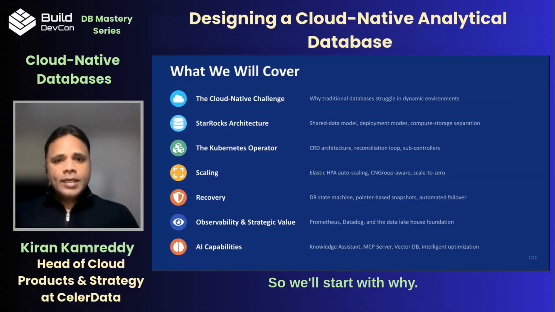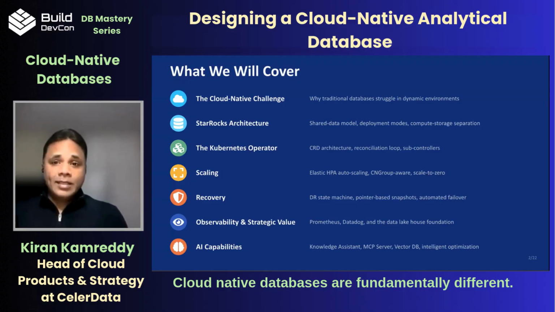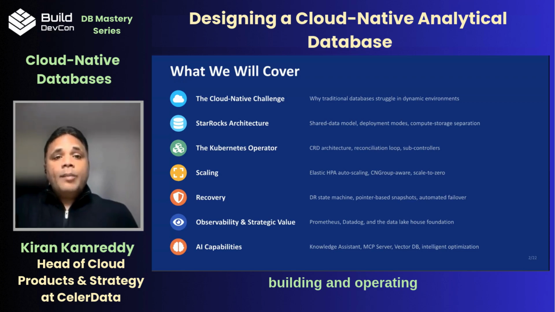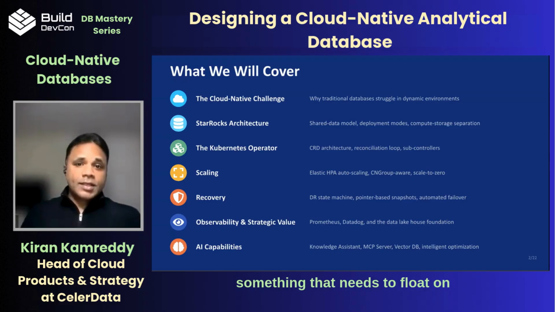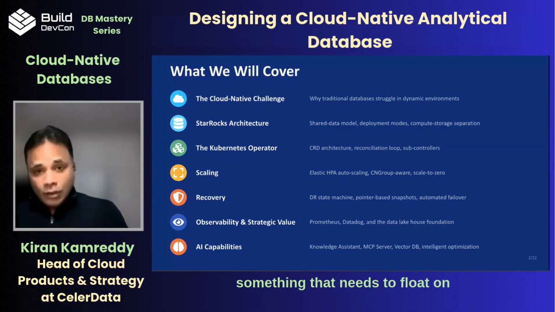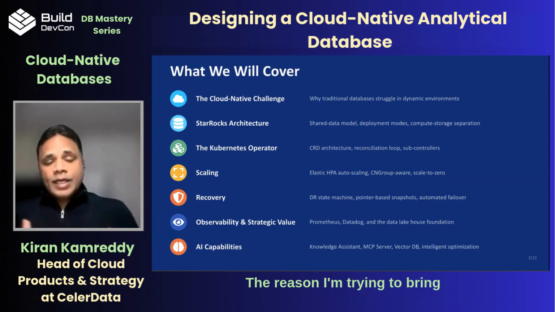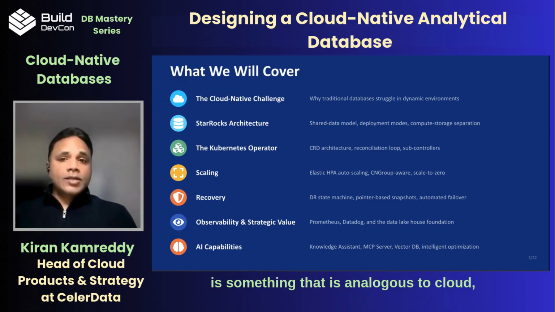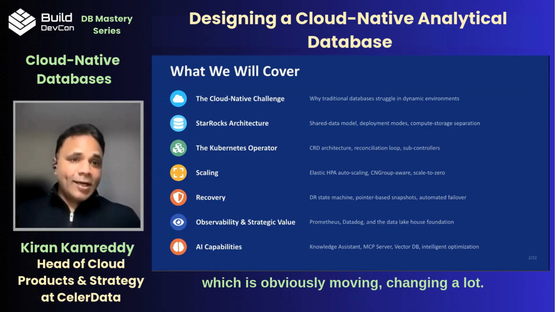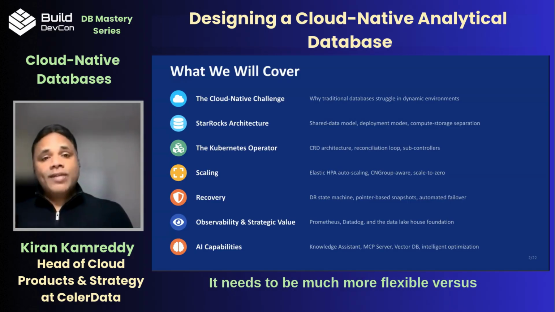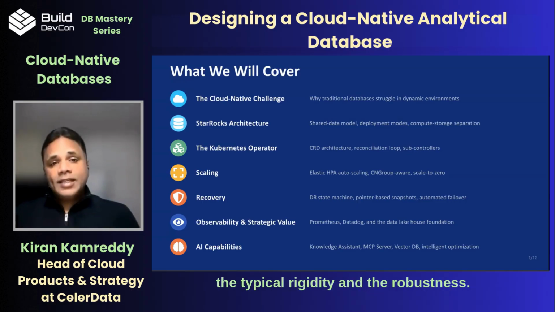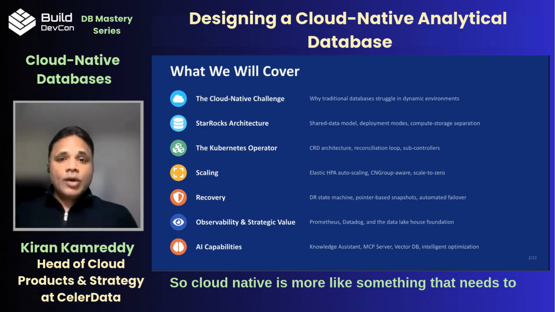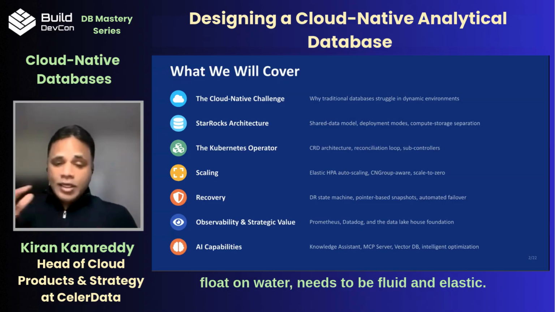So we'll start with why cloud-native databases are fundamentally different. Think of it like a difference between building and operating a house on a fixed foundation versus something that needs to float on water. The reason I'm bringing that analogy is because floating on water is analogous to cloud, which is obviously moving, changing a lot. It needs to be much more flexible versus the typical rigidity and robustness that you would find on a fixed foundation. So cloud native is more like something that needs to float on water, needs to be fluid and